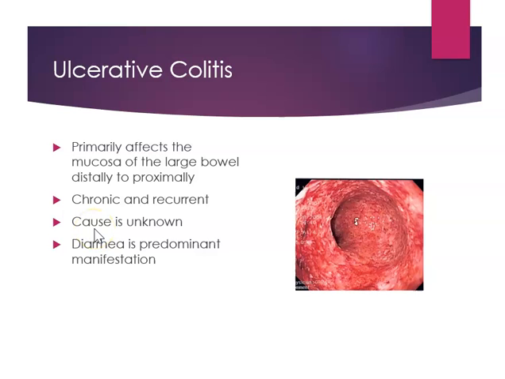So ulcerative colitis, this is mostly going to affect the colon and the rectum. Diarrhea and bloody stools are the predominant characteristic. Cause is unknown, but it does seem to be regional in the United States and Northern Europe and tends to run in families. And the attacks last from 1 to 3 months, and sometimes I've seen them more. Some of these patients are really badly affected by this. So this can occur in intervals,